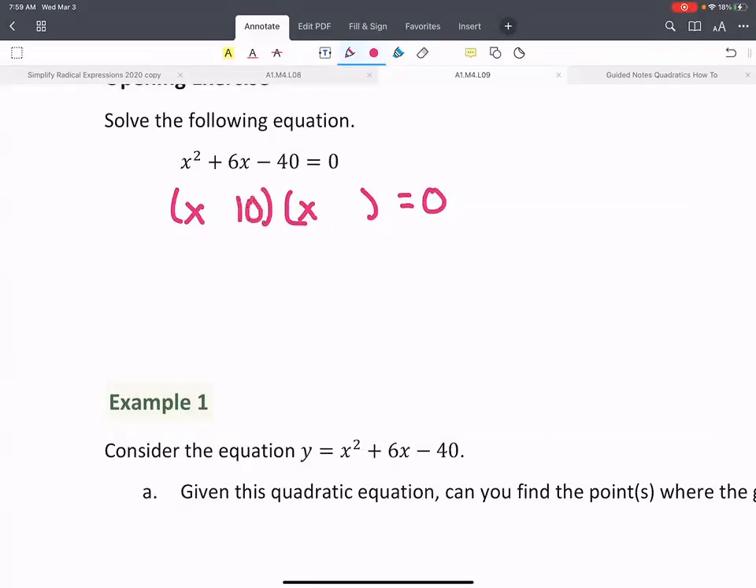4 and 10. Okay. Which one needs to be positive? 10, because I've got that positive 6 right there I'm trying to get to. But I need to multiply to get a negative 40, so I got negative 4. And then the zero product property says we set both of those equal to 0, which it already is, and we solve, right? So x plus 10 equals 0. X minus 4 equals 0. So x equals